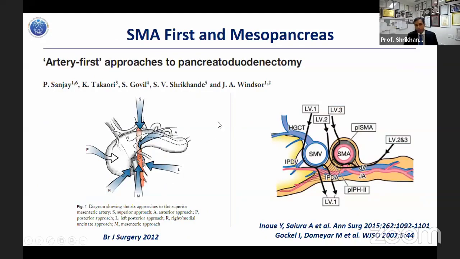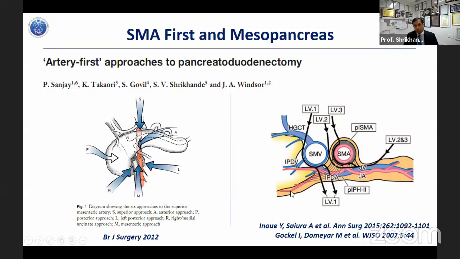The other concept, apart from the picture which I've shown you earlier on the left side, is this picture. This is the concept of the levels of mesopancreas dissection. LV1, the 3 black lines is what I want you to concentrate on. LV1 is the conventional plane when you are doing a resectable tumor. LV2 would be the one when you are dealing with vein involvement. And LV3 would be the one which is the extreme end of borderline resectable or the early part of locally advanced, where you go subadventitial to the SMA and then come out infracolically to make sure that all this retroperitoneal